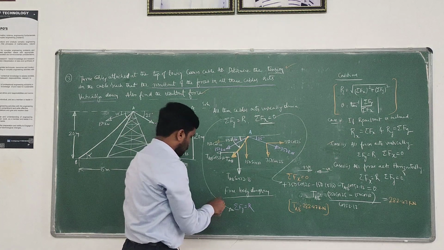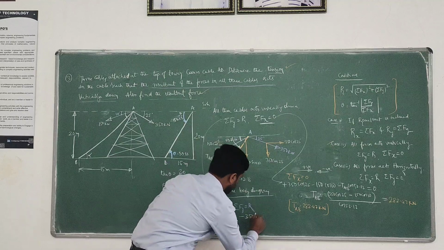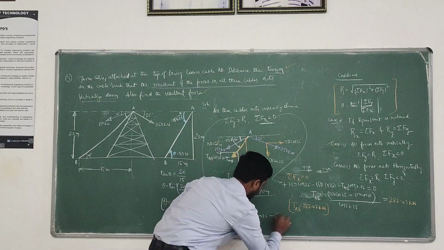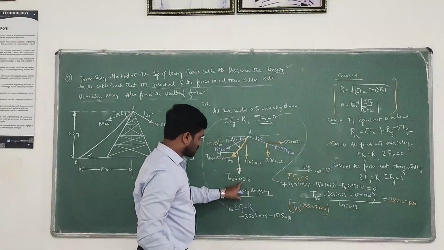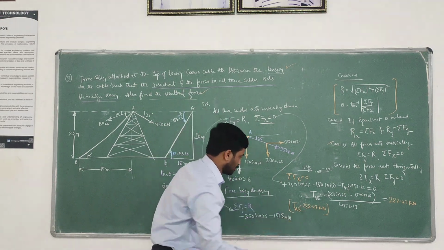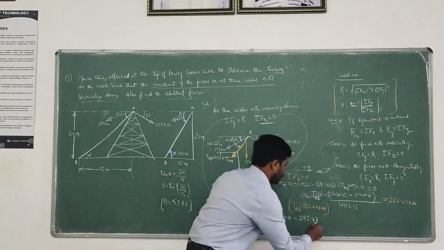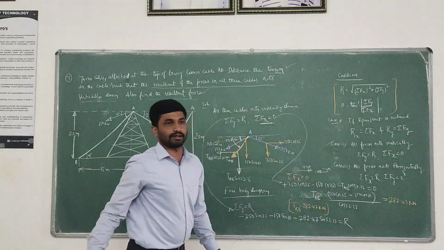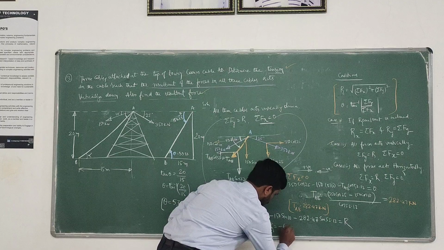Right? So now apply the things. Minus 350 sin 25. Now minus 150 sin 10. Here minus TAB sin 53.13. But we know the TAB value, right? Therefore it will become minus 282.47 sin 53.13, which is equal to R. That is the resultant. Do this computation. What is the R value? Minus 400 kilonewton.